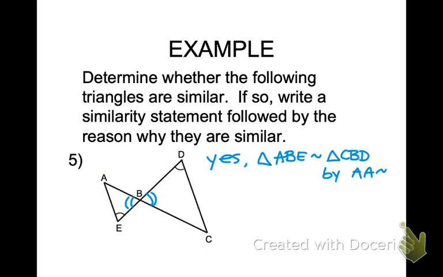So we've got side, side, side, side, angle, side, and angle, angle are your three theorems. So all you're going to be doing for your homework, and I'll project the pages up here so you can start working on it with the remainder of class time, is given these triangles,